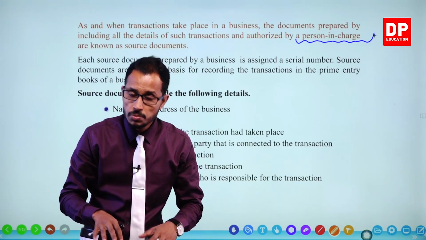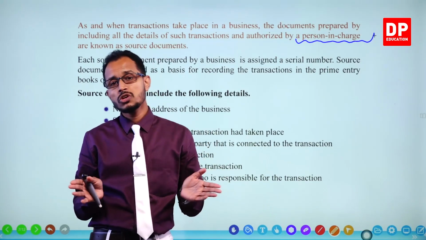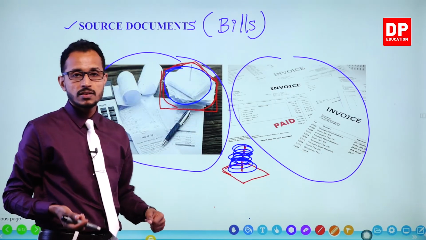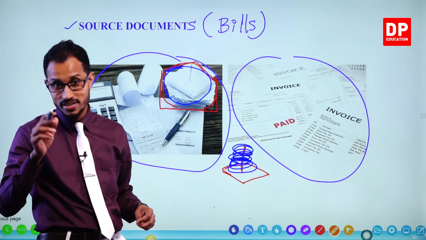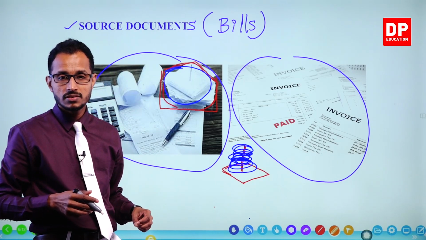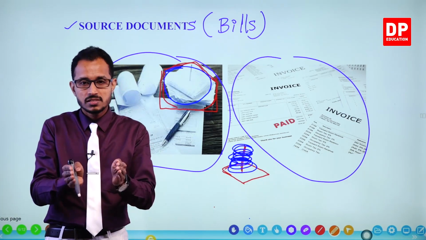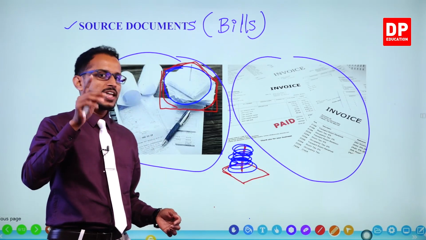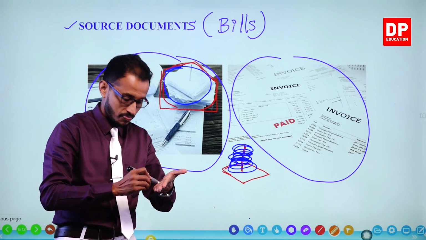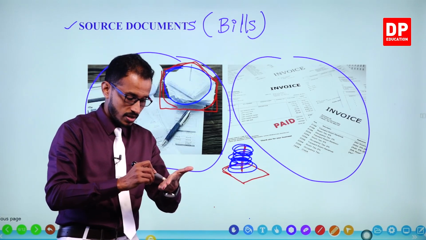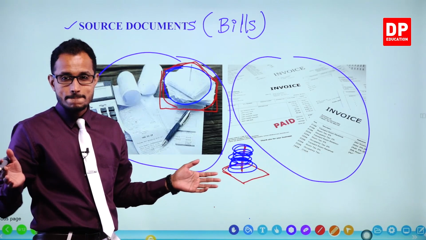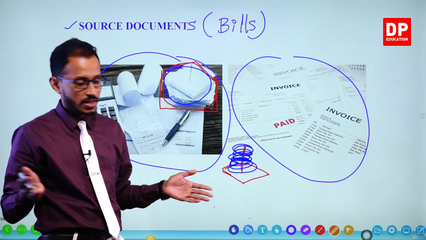When a source document is created, it can be piled up in this type of a tool. If the source document is not printed from a cashier printer, there are small printers attached to every cashier. If that type of printer is not there, the Mudalali writes the bill manually by hand. Have you seen? They write the bill. Old-fashioned traditional shops don't keep cash machines and cash tills, so they don't print the bill. They write the bill manually,